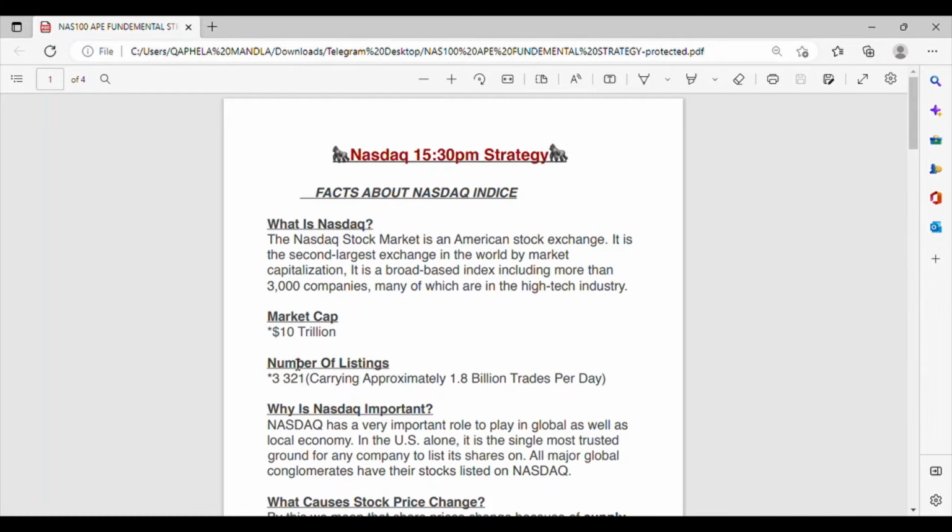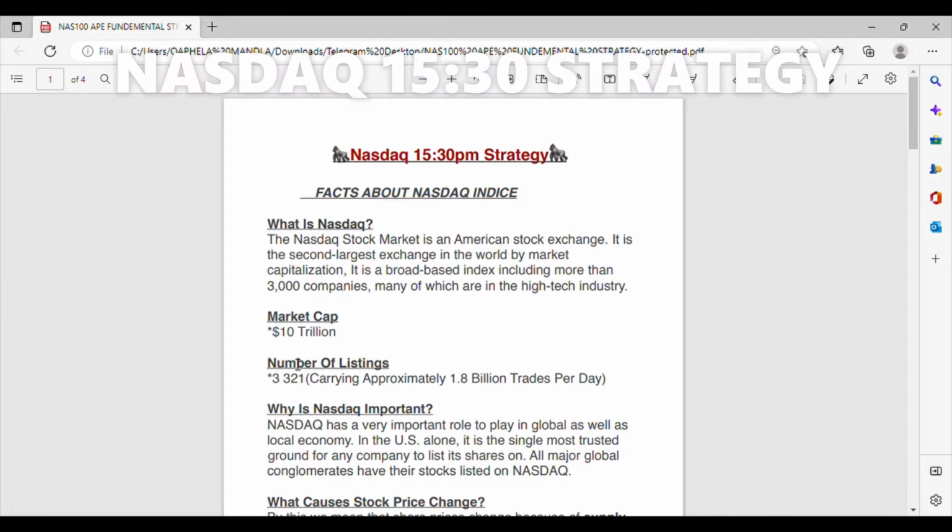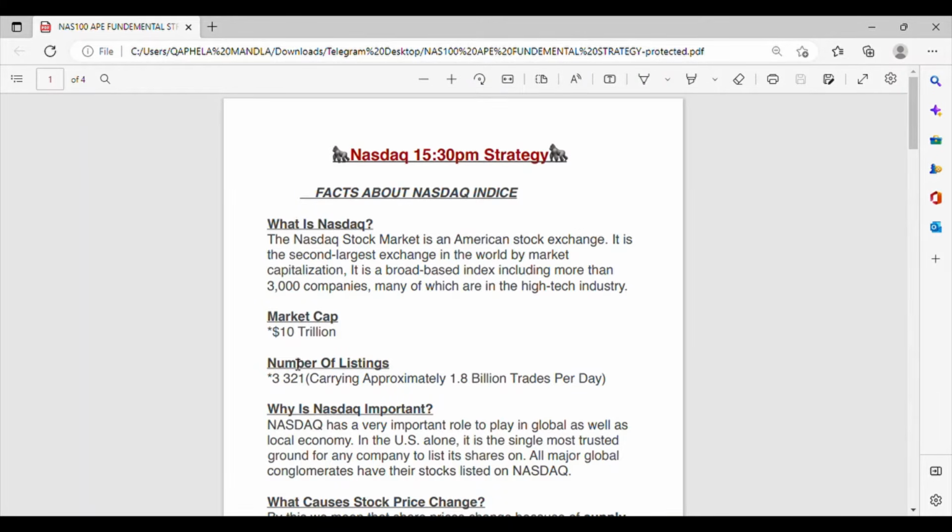So today I have a very interesting one for you guys. As you read from the title, this is the Nas100 NASDAQ 15:30 p.m. strategy. Now, when I looked at this information and when I went through all this information that's on this PDF,